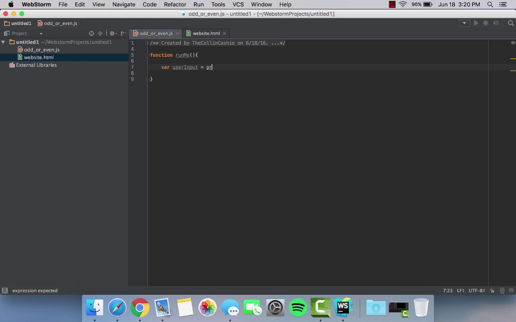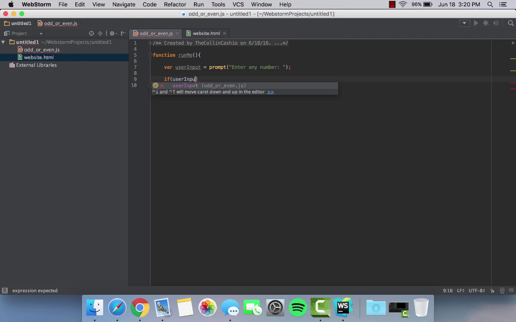prompt. And we are going to prompt the user, enter any number. And so the variable is going to be stored in user input. And now we're going to determine whether that number is odd or even. So we're going to use a modulus. If user input modulus 2, which means divide by 2 and then check the remainder,